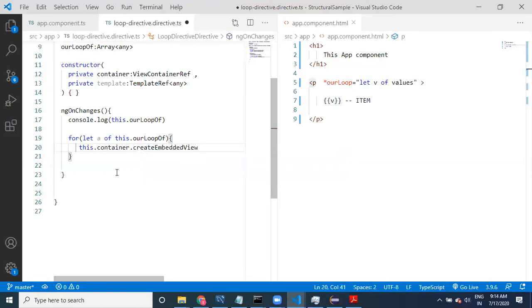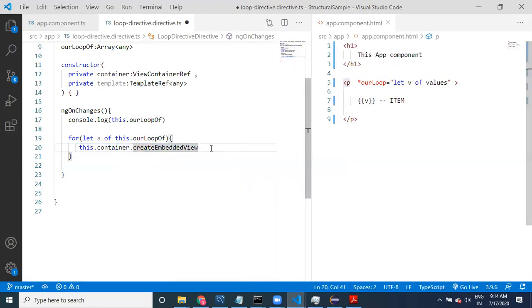We need to create a view. With this paragraph, I need to create the view. Whatever I am writing inside the loop, this logic is going to get executed multiple times. Create view is a method. To create the view, we need to pass this template. The HTML template is available here in the template reference. This is the template, this.template. For this template, whatever values are available, you have to provide them, guys.